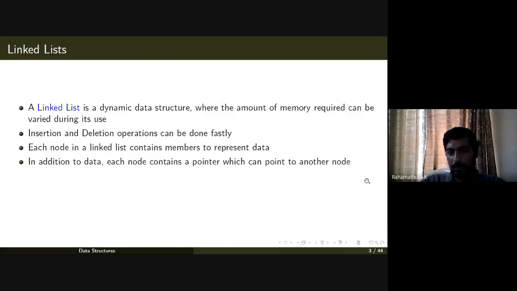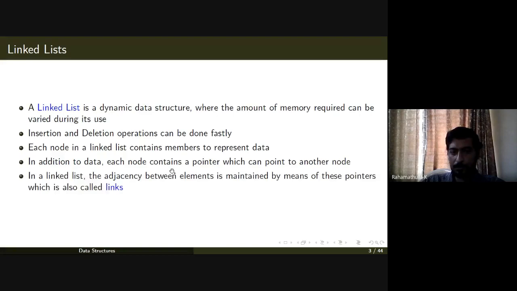Which means it's a self-referential structure actually. Those who have not looked into the self-referential structure video, please watch that video also. A node is a self-referential structure. It contains a data item as well as a pointer which can point to the same type of node.